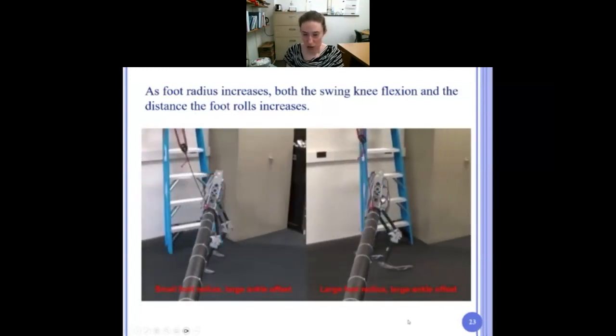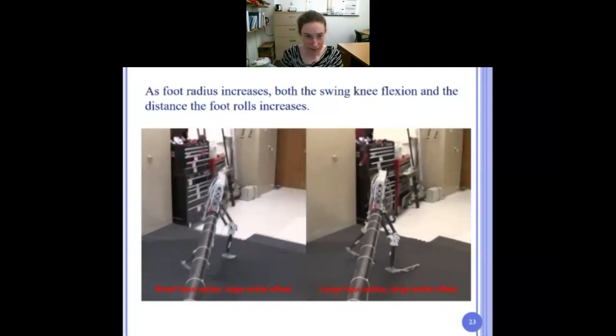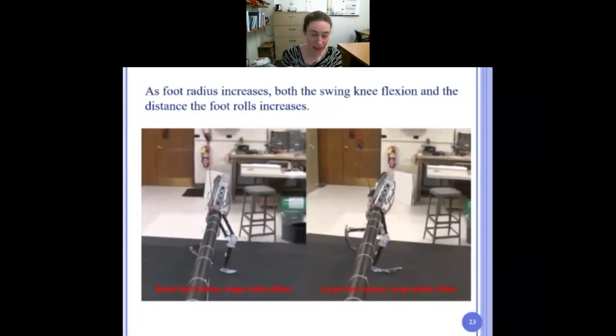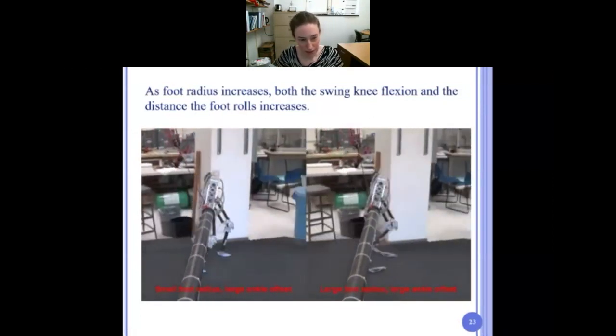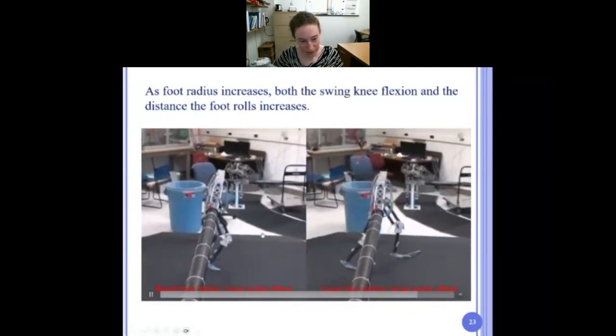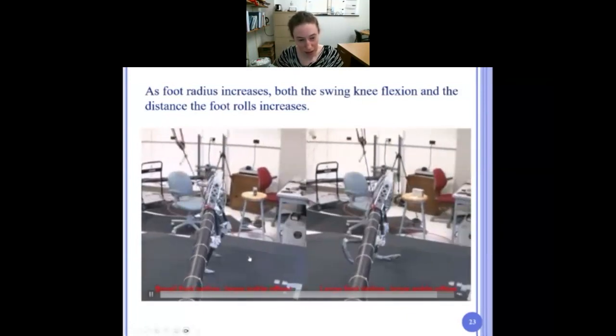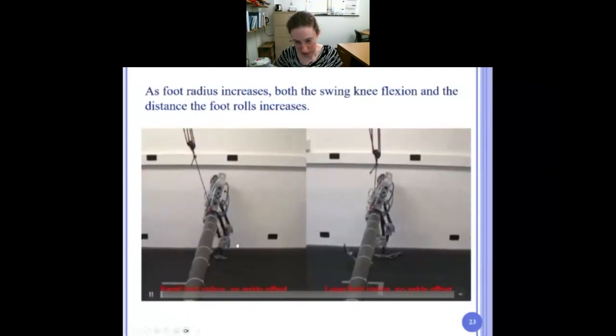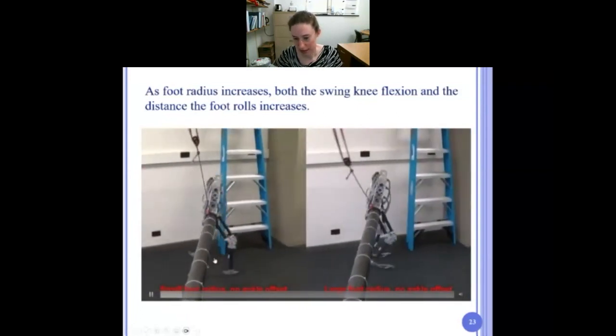And what I found was that as you increase, sorry, this one's foot radius. So left is showing a small foot radius,